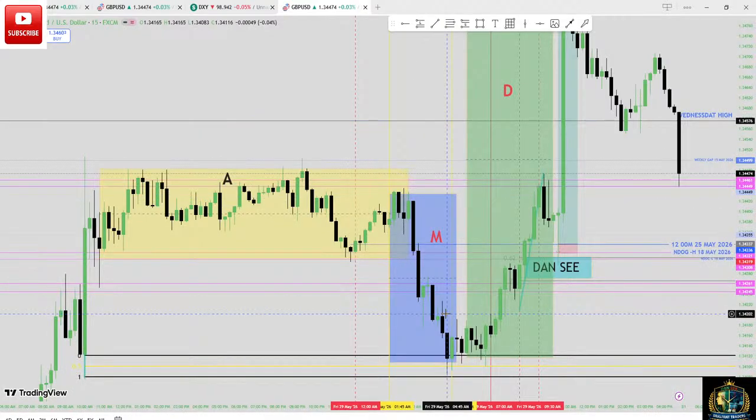When does it go for the fake run? At lunch session Friday. That is when they go for the fake run. Lunch session starts from 2 o'clock a.m. to 5 o'clock, which is this time. I don't know if you can see this yellow line. Let me change it to blue so you can understand what I'm trying to show you.